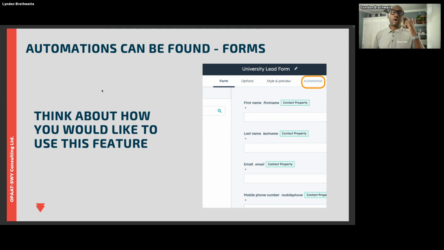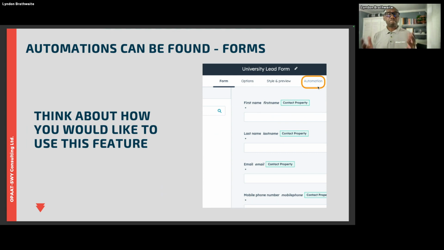But understanding how you want to use the form, you will find that when you're building out your form, if you look to the far right hand side, based upon the version of HubSpot that you are using, if you are using starter and above, for starter you have some limited automation in there, and of course if you're using pro and up, you have a little bit more that you can use. I can't recall how much free gets in starter, in automations, if at all. Something I may have to look into.